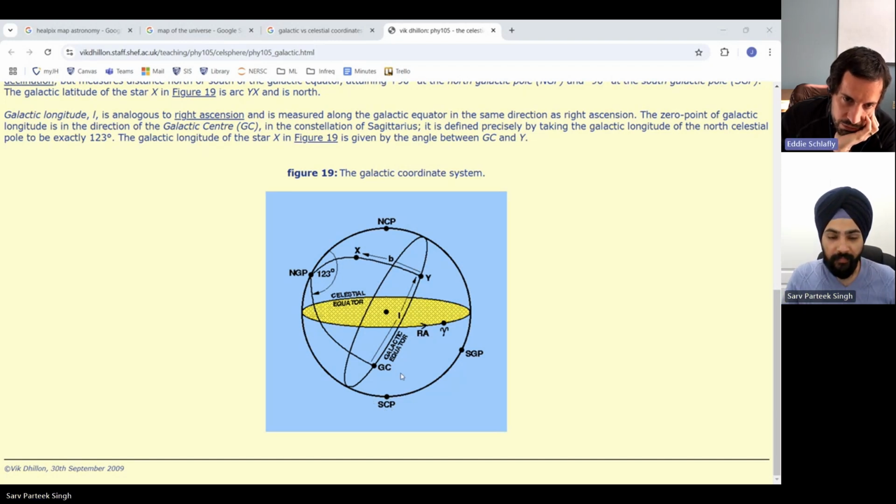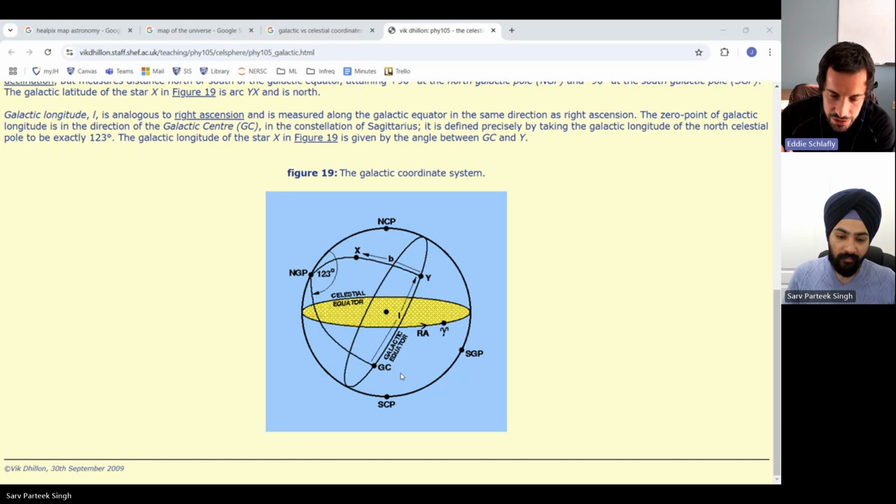Yeah. So exactly. They picked a different pole, and then they're measuring the coordinates. Normally we measure the declination or the latitude as degrees away from the North Pole, but you could instead measure some other coordinate, like degrees away from the North Galactic Pole, or we could define a new coordinate system on the Earth where I'm originally from, St. Louis. We could define St. Louis to be the North Pole of the Earth for some coordinate system, and then St. Louis would sit at